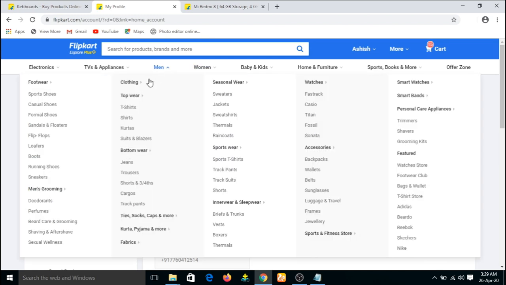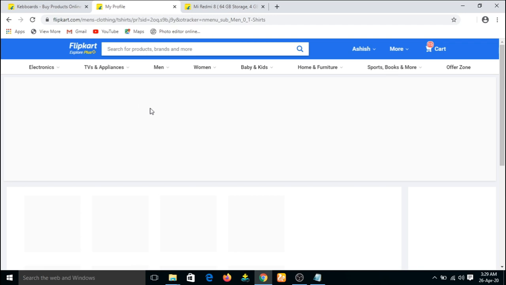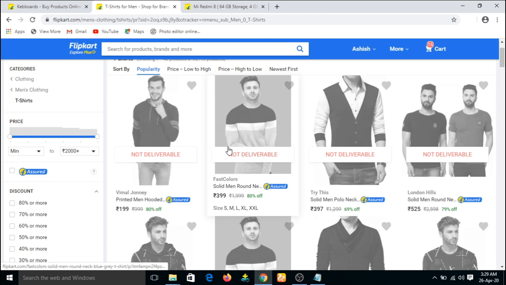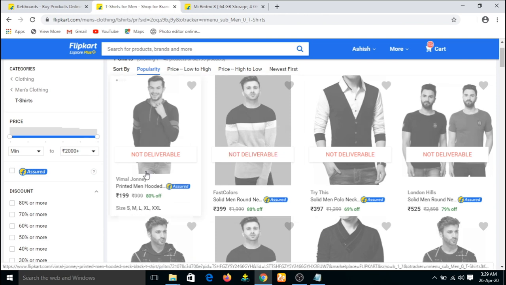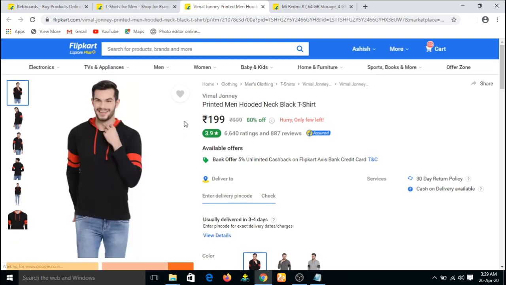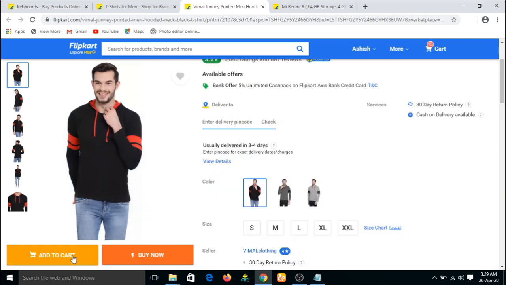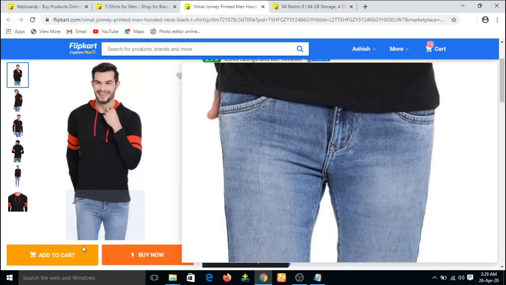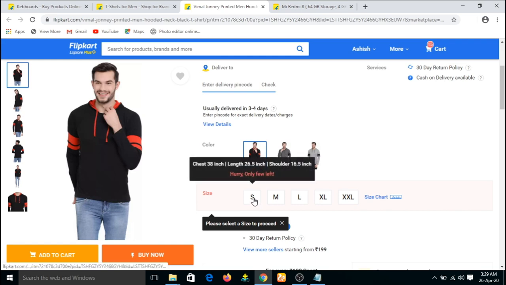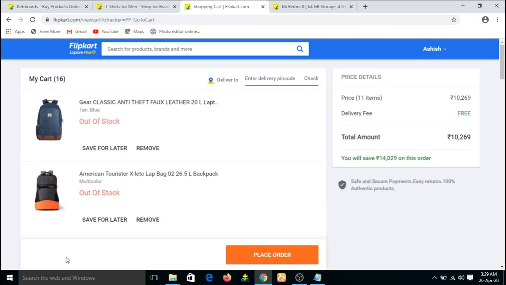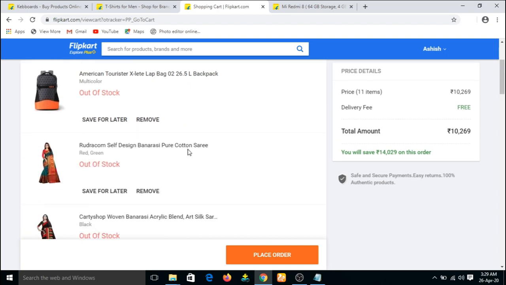Click on men, click on t-shirts. Click on some t-shirt here. After that, add to cart. Before doing that, let's make it medium, add to cart, and check that the product is present in the cart or not.